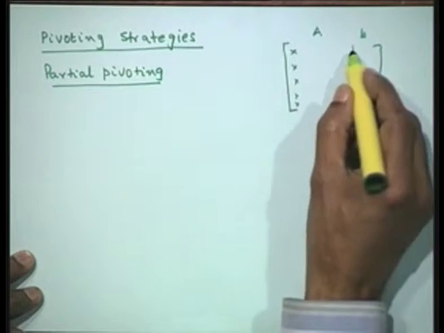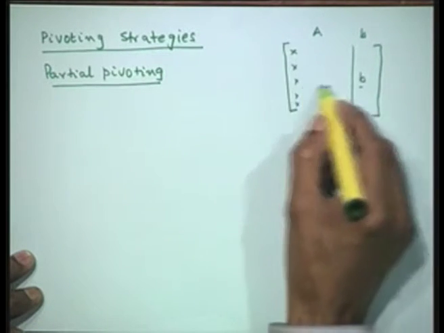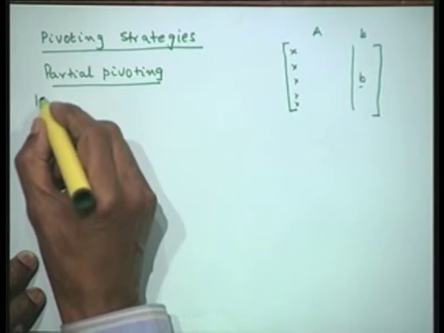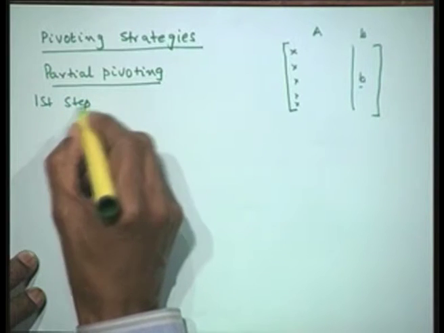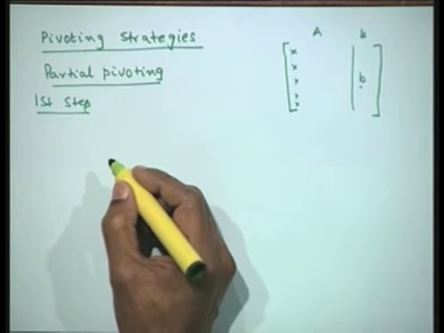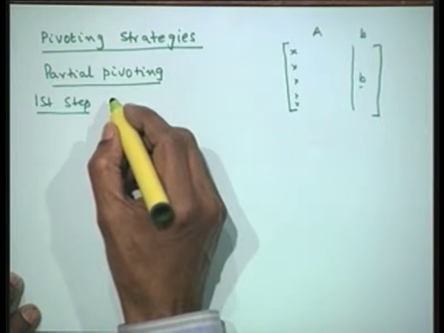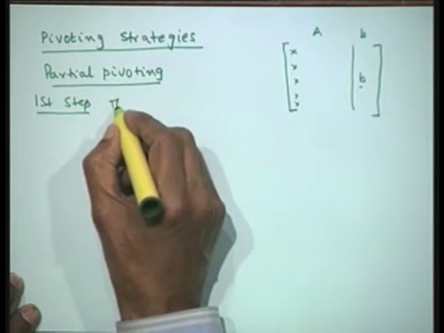That means we interchange the first equation with that equation which has the largest element in magnitude. That will be the first step in the Gauss elimination procedure. Before we start elimination, we will do this procedure. That means, in the first stage, the first column